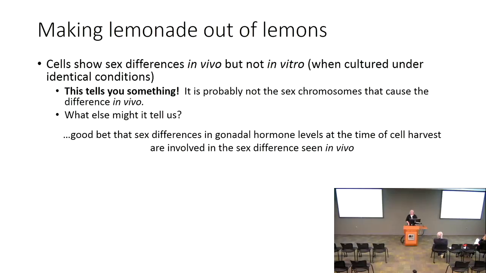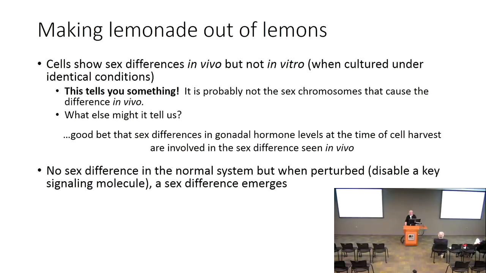Another possibility is that you're seeing a sex difference in vivo and it stays when you take it out and put it in culture, right? Now you have the question of, is it the sex chromosomes or is it something about the hormone environment early on that programs those cells to be different in their adult state? And that's something that Marc will talk more in detail about. Okay, another